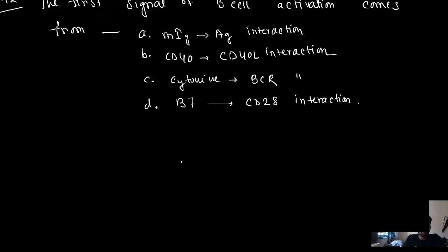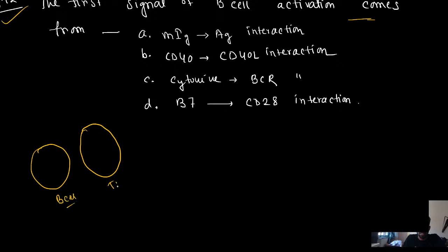Okay, chalo. Next, the first signal of B cell activation. I hope you can remember the activation of B cell signaling. Okay, B cell and something like this. This is B cell, this is T cell, T helper cell. B cell needs this help. The first thing is that MIG,